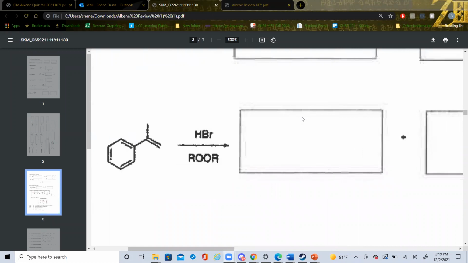Okay, this guy right here is also anti-Markovnikov. So we've got to get rid of this double bond. And we put the positive charge here and negative charge here, because the negative charge does not want to be benzylic or tertiary, it wants to be primary. But since it's anti-Markovnikov, we have to do the opposite of what we normally want to do. So we draw benzene, we draw the next structure, and then